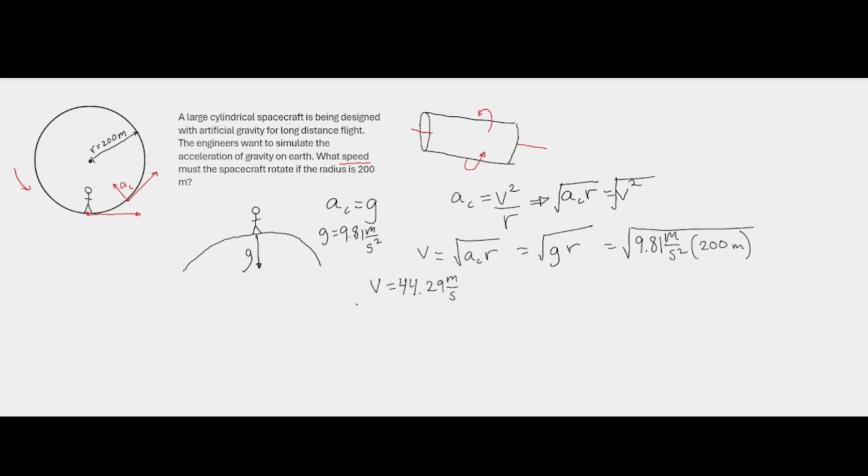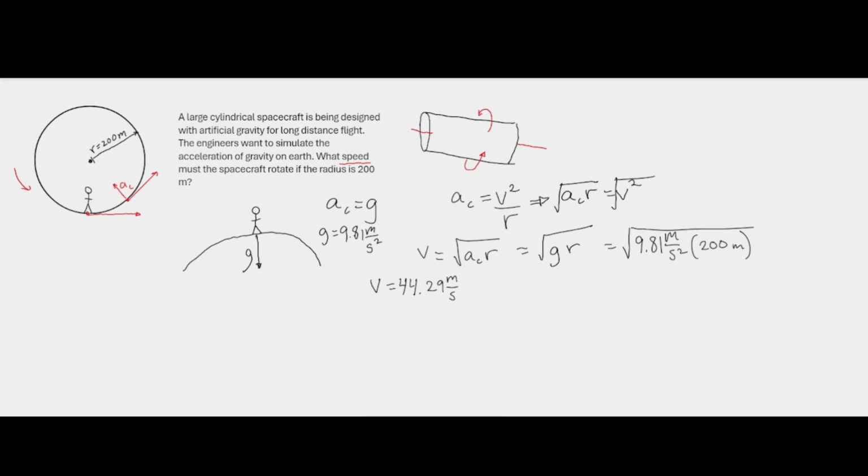If you have this value v, then you're going to feel the same acceleration. If you're standing inside this cylinder and you're flying through space, you would feel like you're on Earth. You would feel the exact same acceleration. If you were in a closed room with no windows, you would not be able to determine whether you were on Earth or flying in space, because you would be